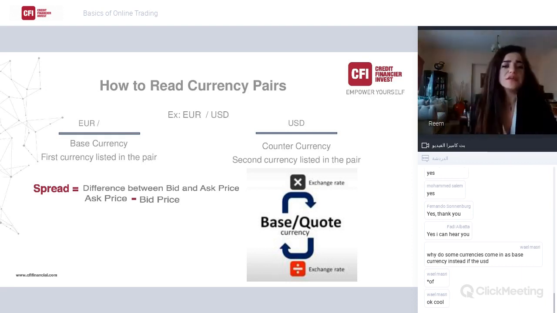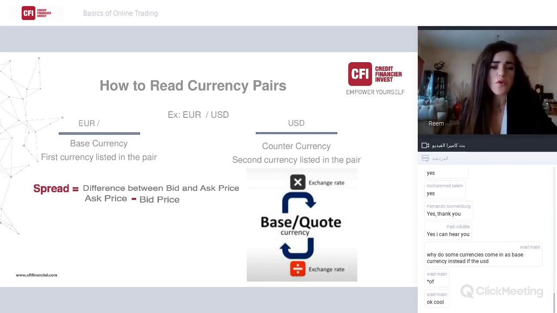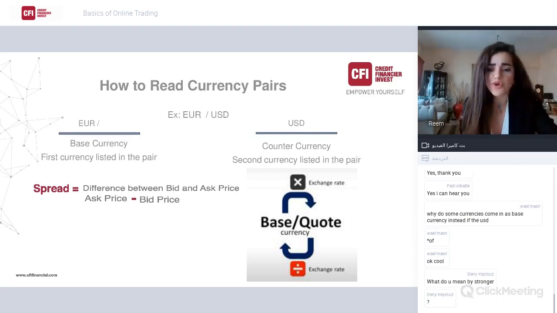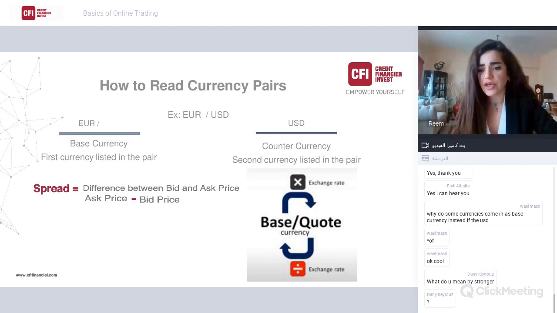Basically, the base currency, as I said, the euro on the side, is the currency that's stronger, and this is the currency that I'm buying or selling. If I want to buy the stronger currency, it means you need to pay more in dollars to get 1 euro. You need to pay when you go to the exchange. If you have $1,000 in your pocket and you're going to the exchange